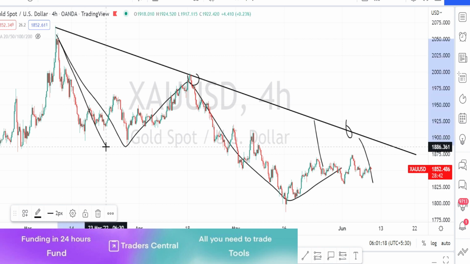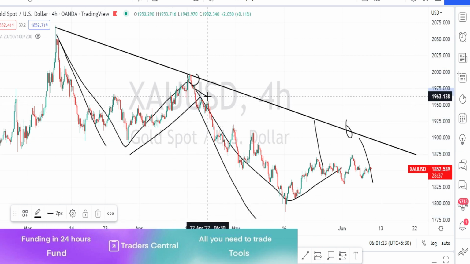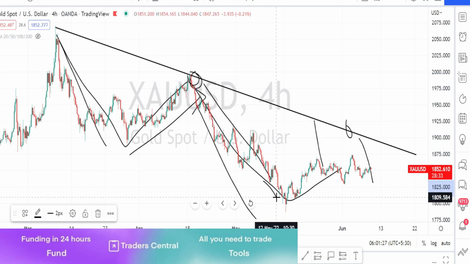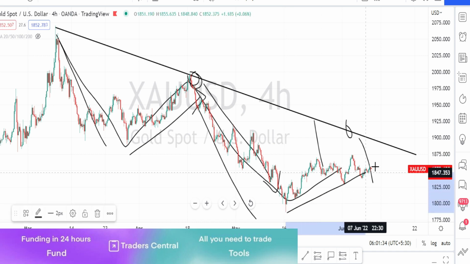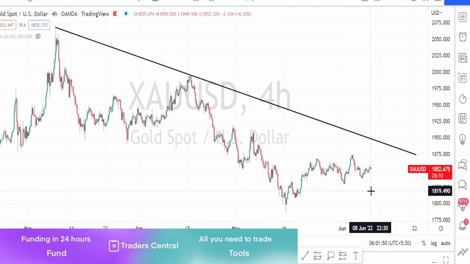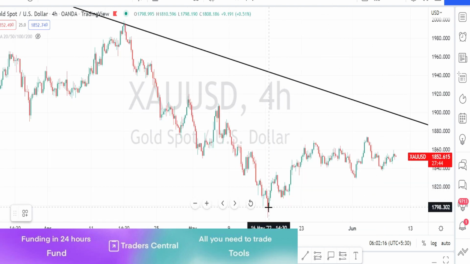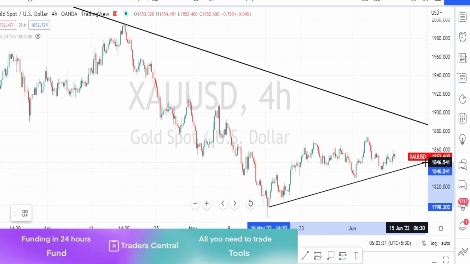But during this bearish trend also, we have noticed the price trend on the bullish side and test this resistance line, then bounce back on the bearish side, and we are noticing the same price action currently also. When we analyze this part of the price action more closely, from the level of 1798 it started trending on a bullish side.